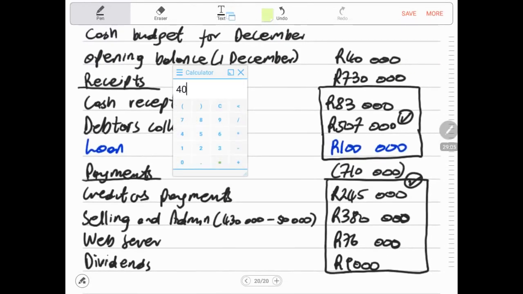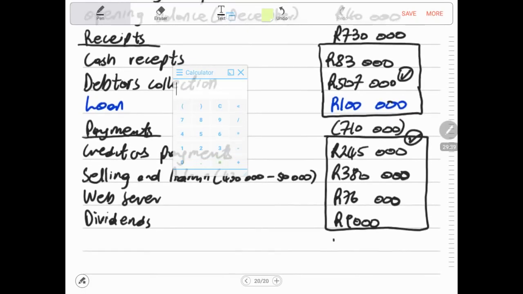Then 730 plus 40,000 opening balance, 770 minus 710,000, and again 40,000 plus 730,000. This is 770,000 minus 710,000. Don't know why this gives me 6,000 rands. Cash that needed to be borrowed was 100,000. Just want to confirm this one. Cash that needed to be borrowed was 100,000 rands. Then after borrowing the 100,000 rands, I will end up having the balance of